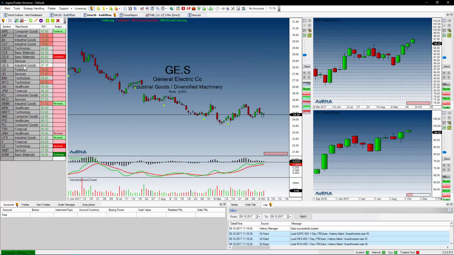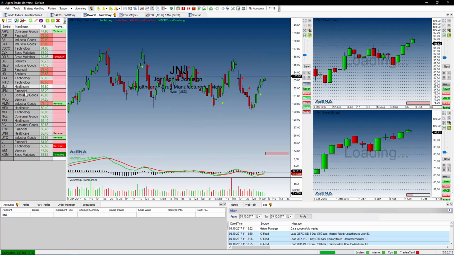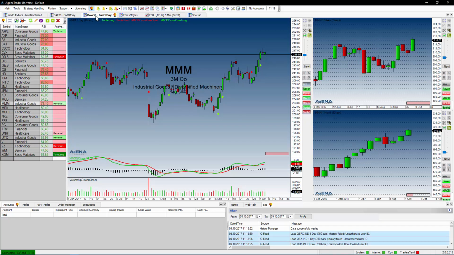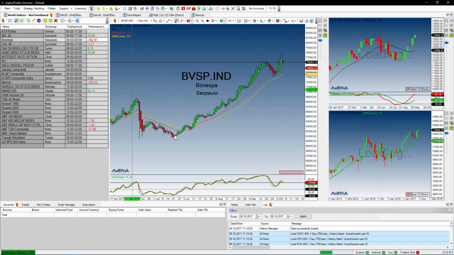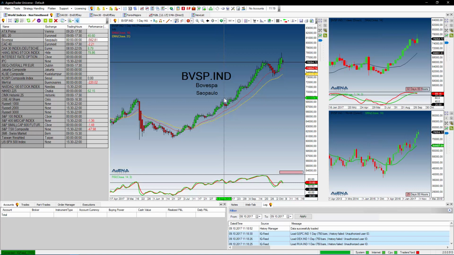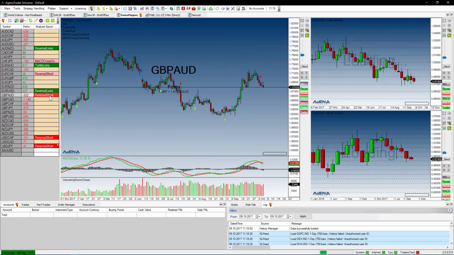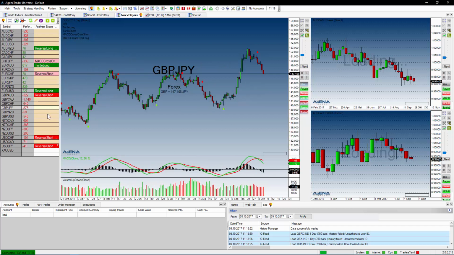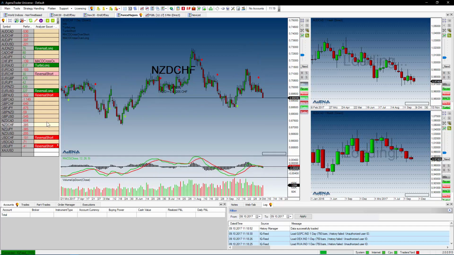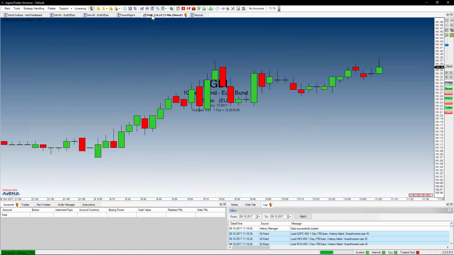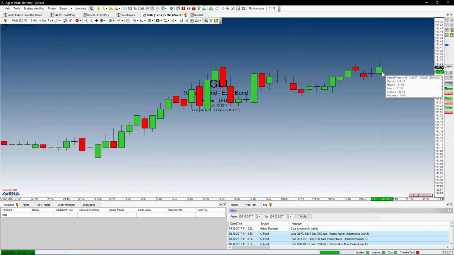But as you can see, by clicking through the instrument list of the Dow 30 or the world indices, data is loaded. And as you can see in this chart, this would be even a tick data chart of Heikin Ashi. Some forex charts, some future chart of the FGBL.